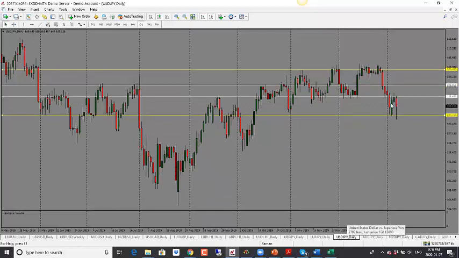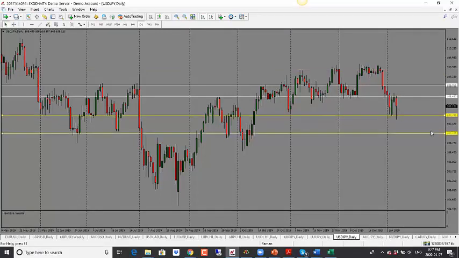Dollar yen here, we see that price went and tested the resistance, but dropped from there. So right now it is range bound. But like I said, with the escalations, we are likely to see yen crosses drop. So we have seen a drop in dollar yen as well. So I am looking for price to go back and retest 107.80. And should there be a further escalation, it could drop even further into 107.20. But first target here is 107.80.